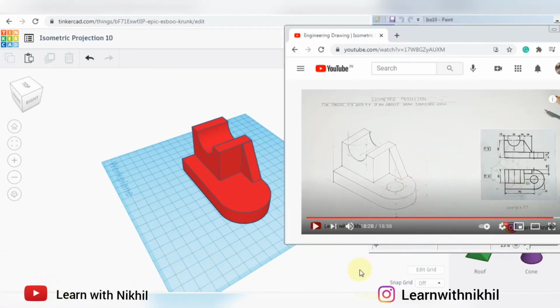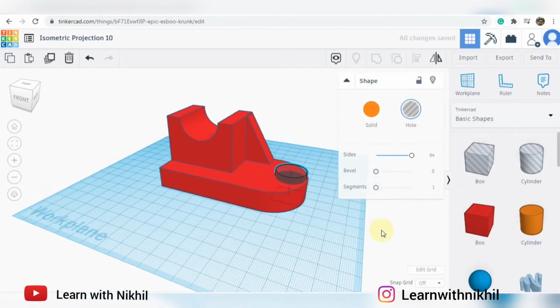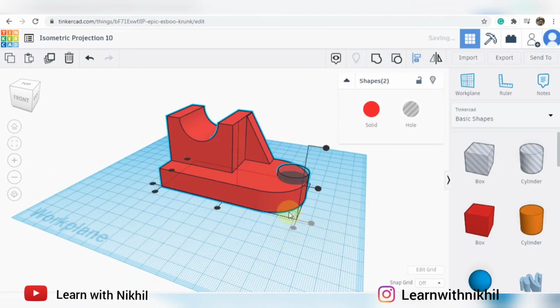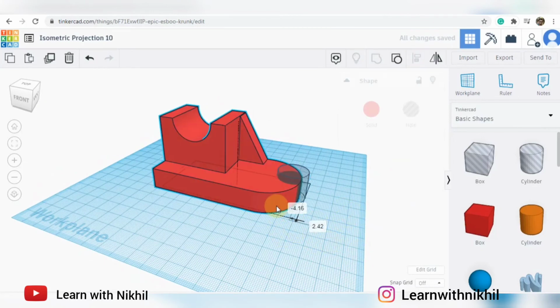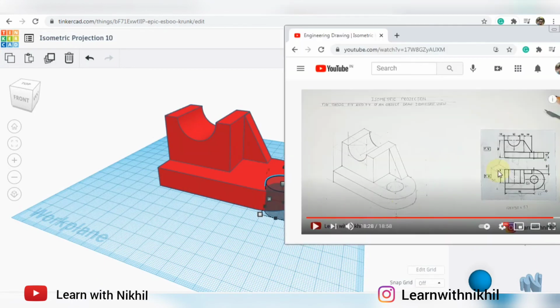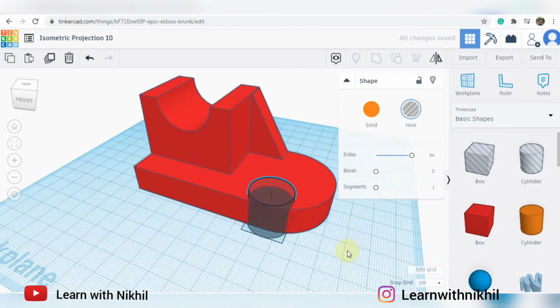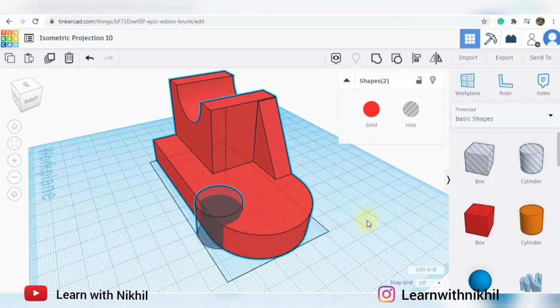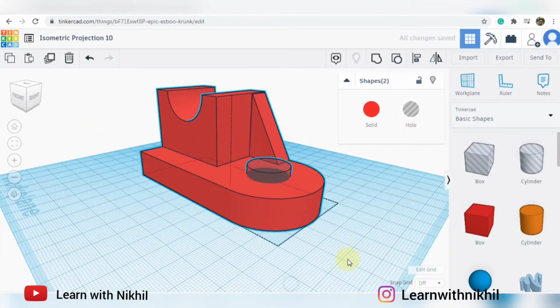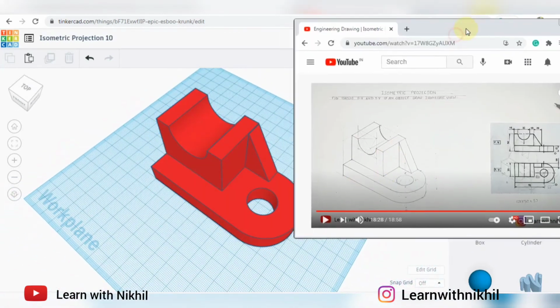The circle is of diameter 20. So we have taken a cylinder and will arrange it at the front, then move it backward. We'll align it properly. So according to the bottom scale, moving it behind 15. So as you can see, then aligning it center align, group it, and our 3-dimensional block is ready as per the question.